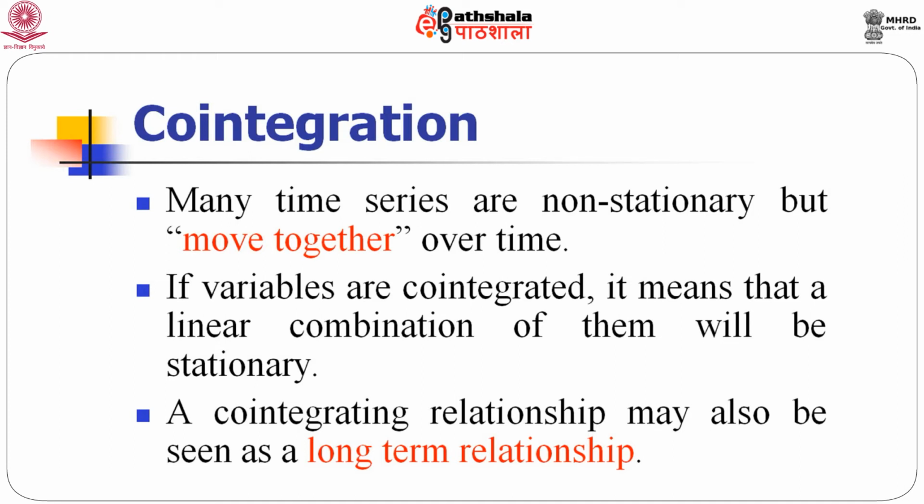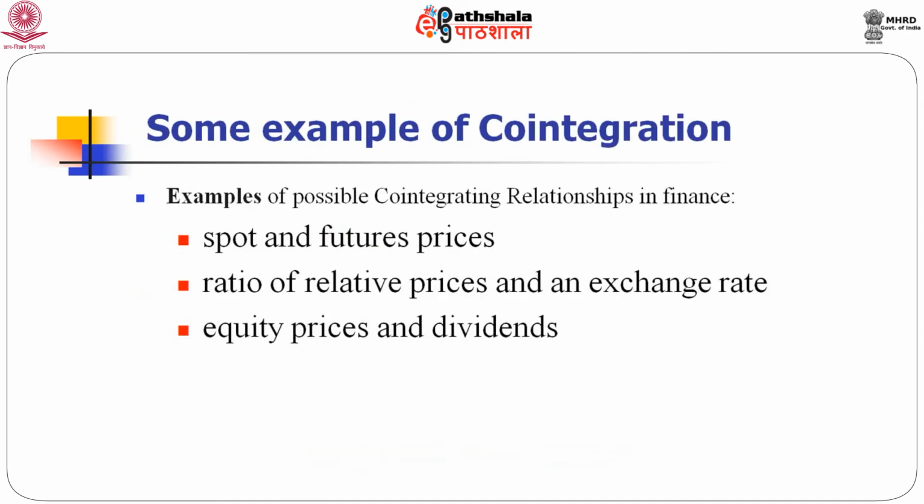So, if you support the hypothesis of co-integration, suppose you have a co-integrating relationship between yt and xt, then the residual series is integrated of order 0, that is, it is a stationary series. That basically implies the yt series and xt series move together, and you can find some equilibrium relationship between yt and xt. Now, there are many economic examples of co-integration.